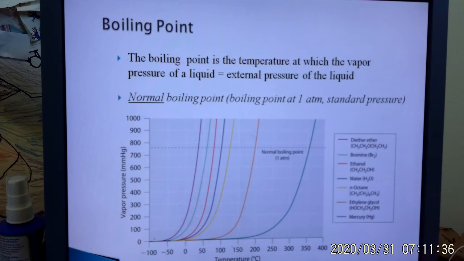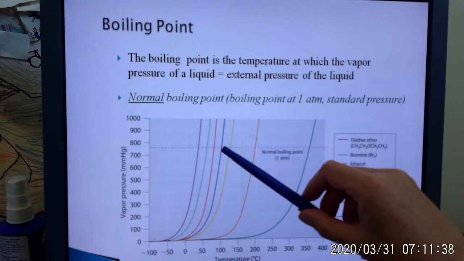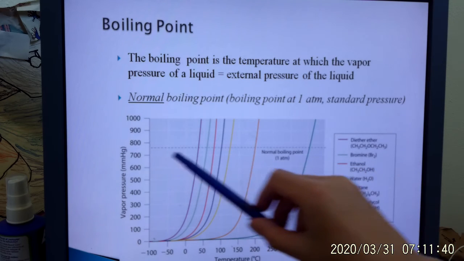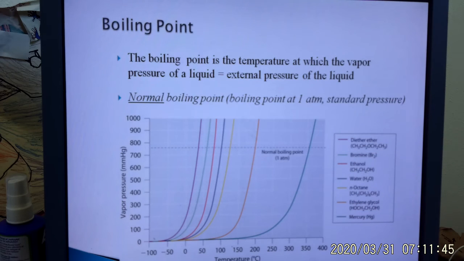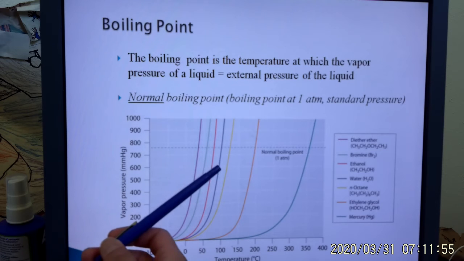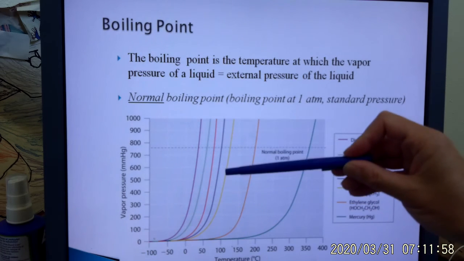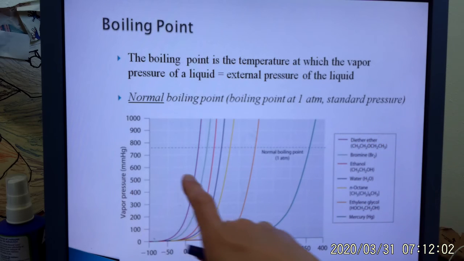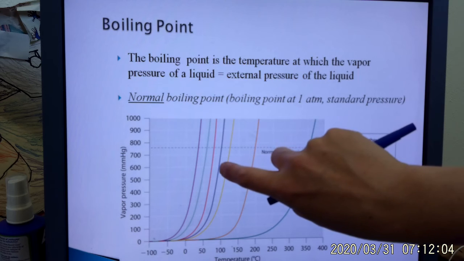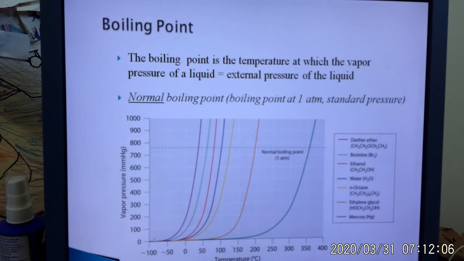Likewise, let's talk about water. Here's water at sea level at 1 atmosphere, 760 millimeters mercury. And this is 100 degrees. Now, suppose I was on a plane and I was down to, let's say, 600 millimeters mercury. The boiling point of water now is no longer 100 degrees, because 100 degrees is this white line. The boiling point of water at 600 is less. So it could be like 90 degrees.